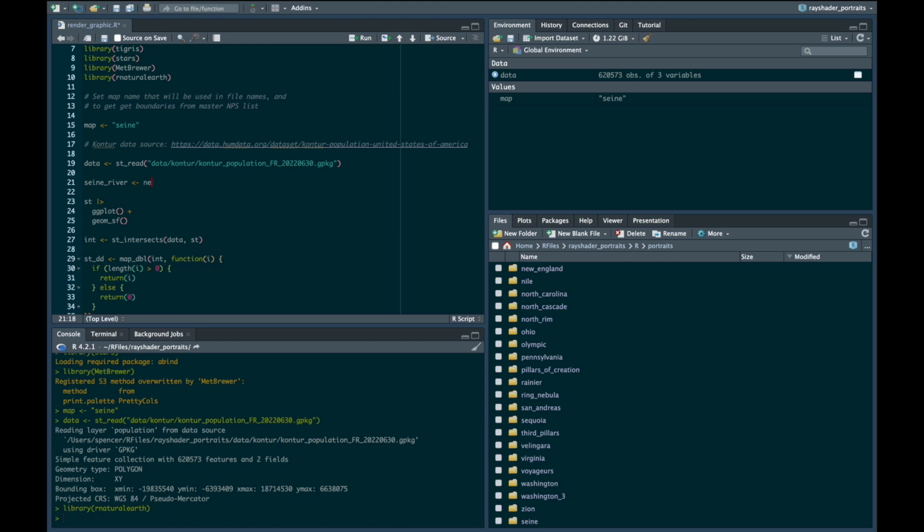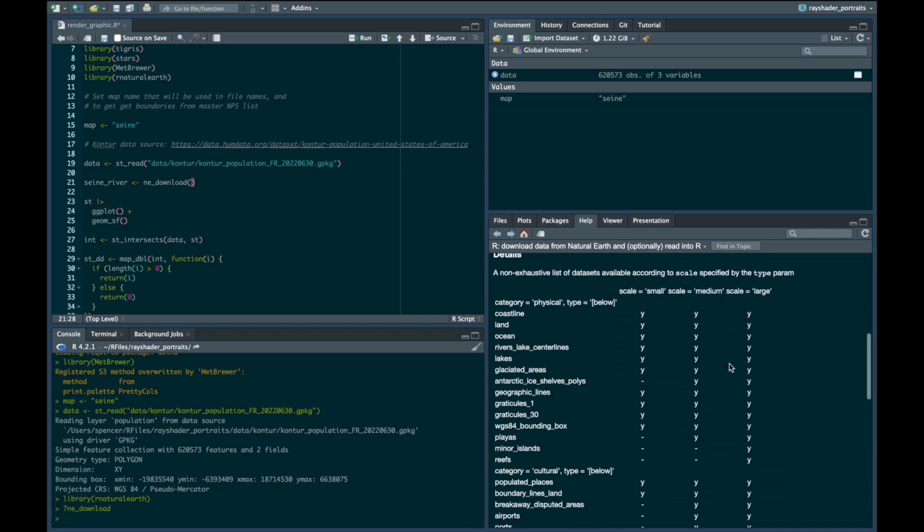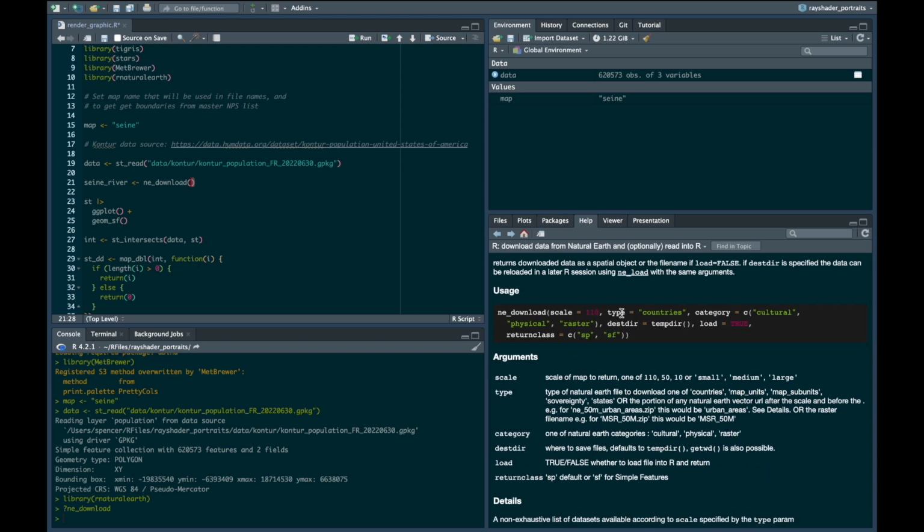How this works. So any download, I need to look this up. So any download provides a lot of different data, or it could provide a lot of data, but I want rivers, lakes, center lines. Okay, and so that will be the type here, I believe. So type equals,